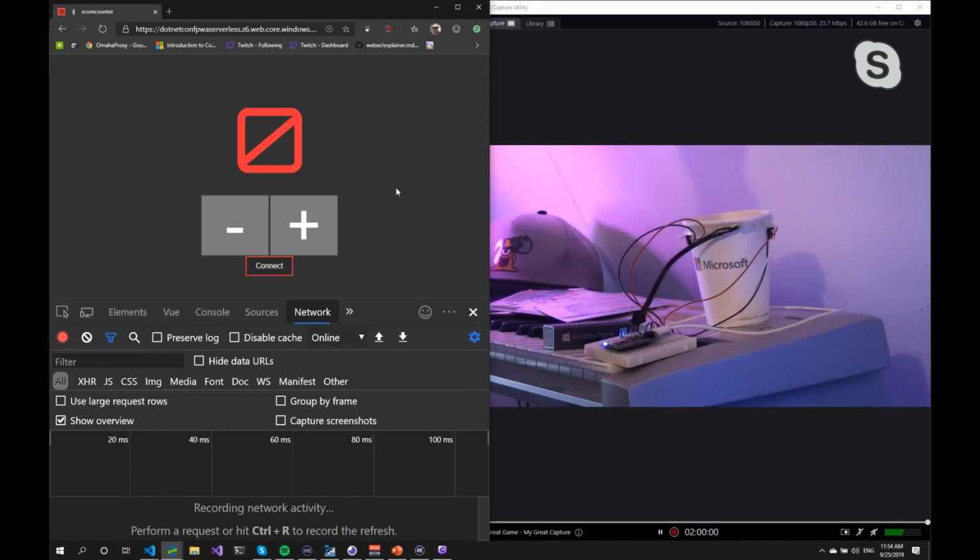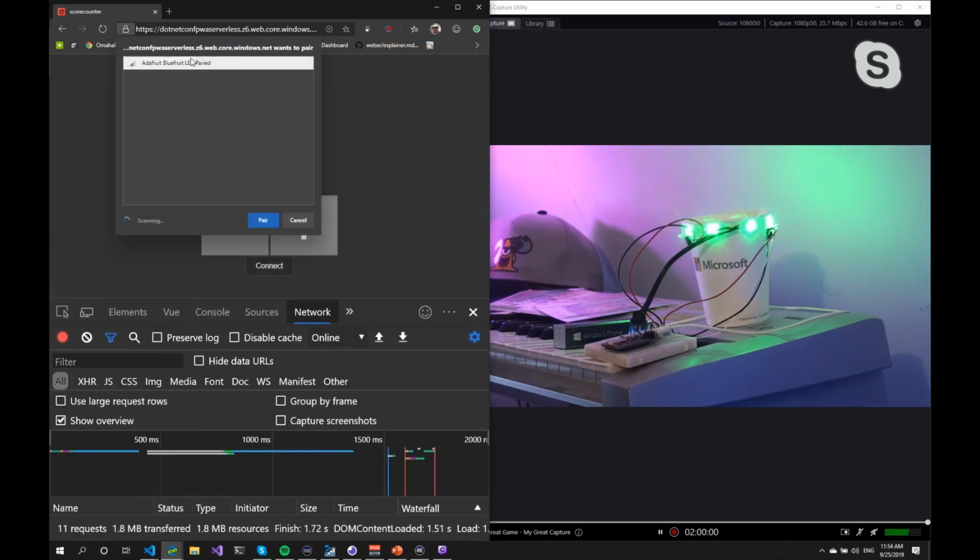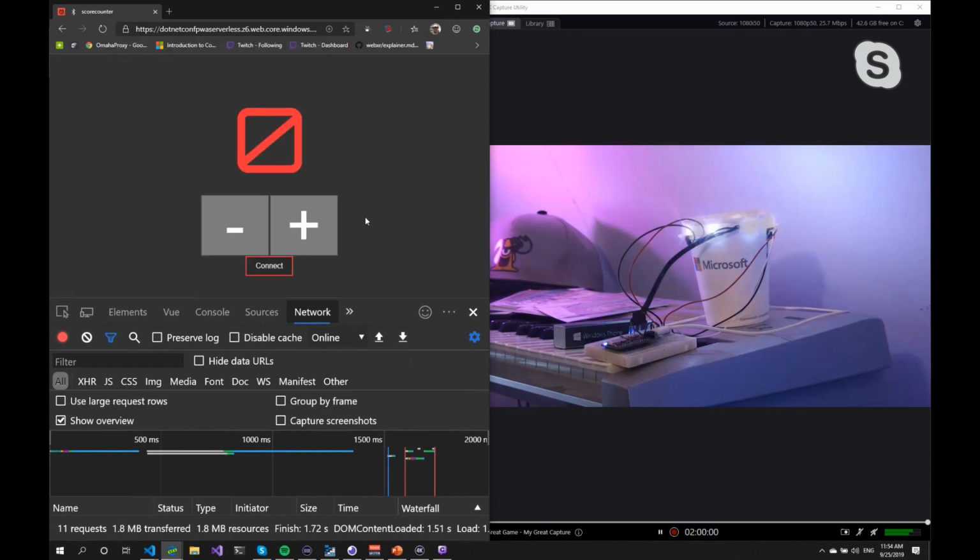But now it's broken. Sometimes it does that. It seems to be a desktop thing, by the way. If you run this on your phone, it will just run fine.